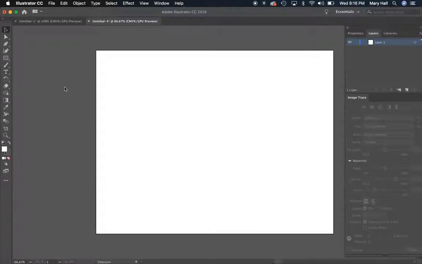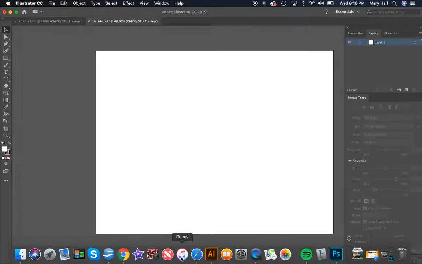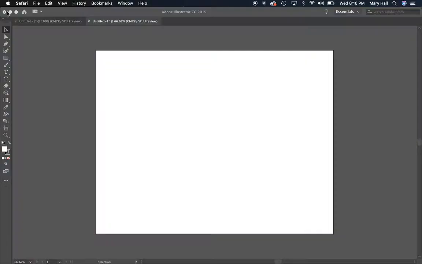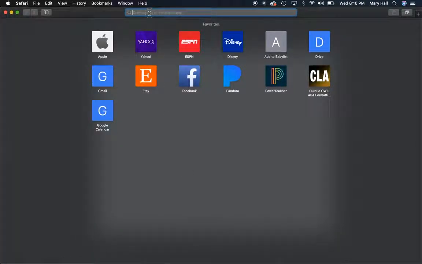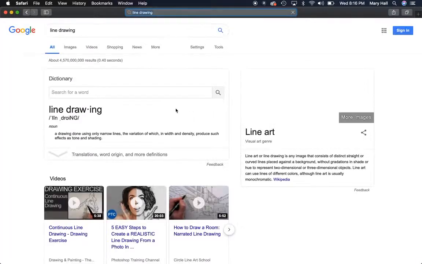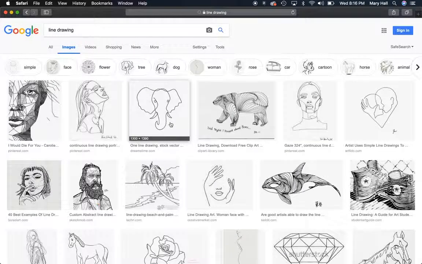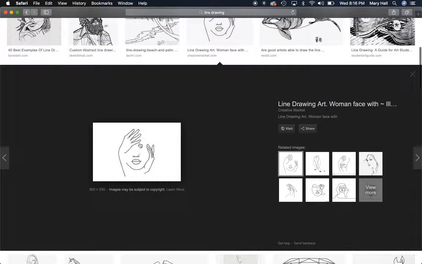Okay, for this tutorial we're going to go over image trace a little bit. So the first thing I want to show you about image trace is that you can find a line drawing of any kind, whether it's one that you've made or one from the internet. I'm just going to pull one from the internet here to show you a couple things. So we'll use this one